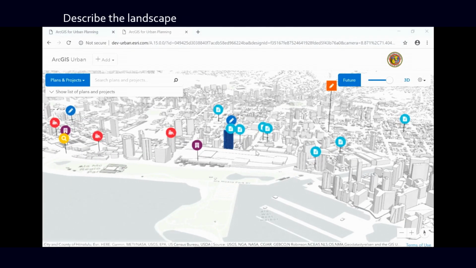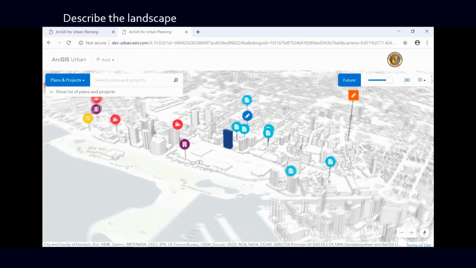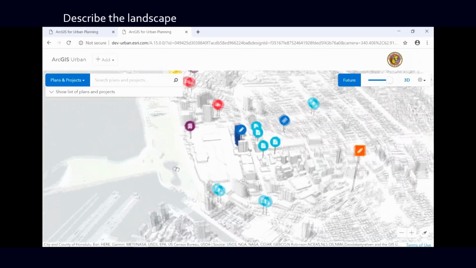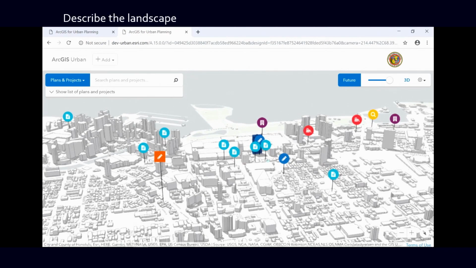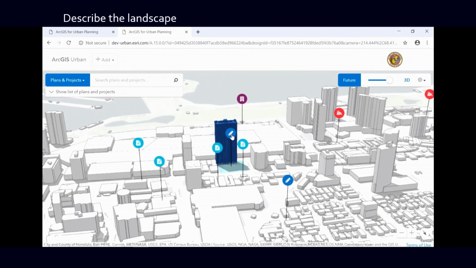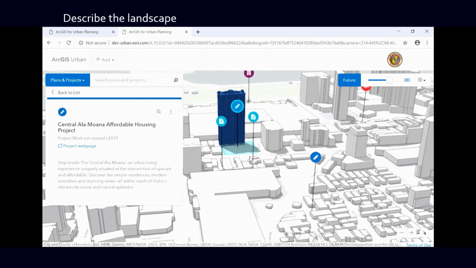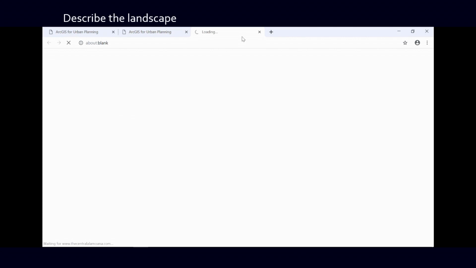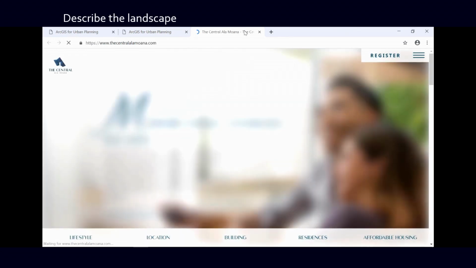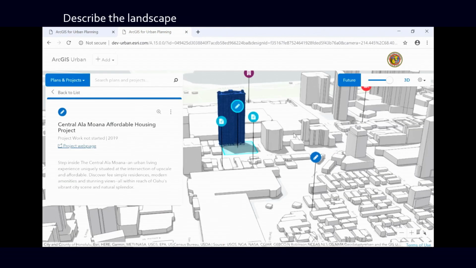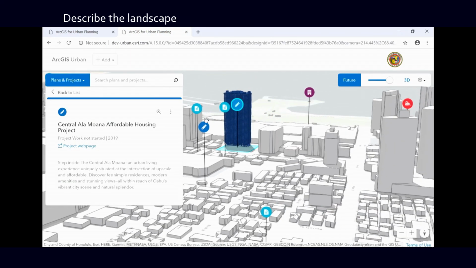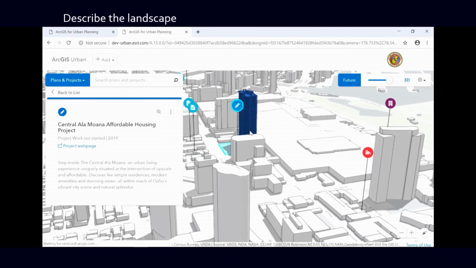Now, one of the things I wanted to show, and one of the things I'm really excited about after being at this Geodesign Summit last year, was the incorporation of BIM into our models. That blue building is a Revit file that we recently got, and using ArcGIS Pro, we were able to convert that file and publish a service and attach that service to this ArcGIS project. So now we have that project as part of our landscape, and we can see what the impact may be.